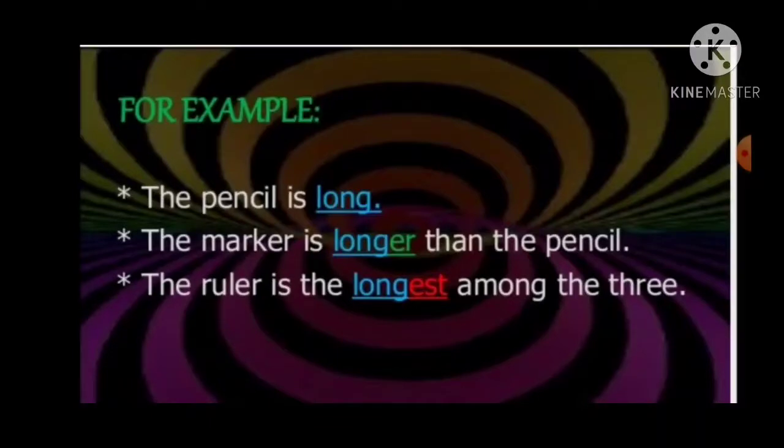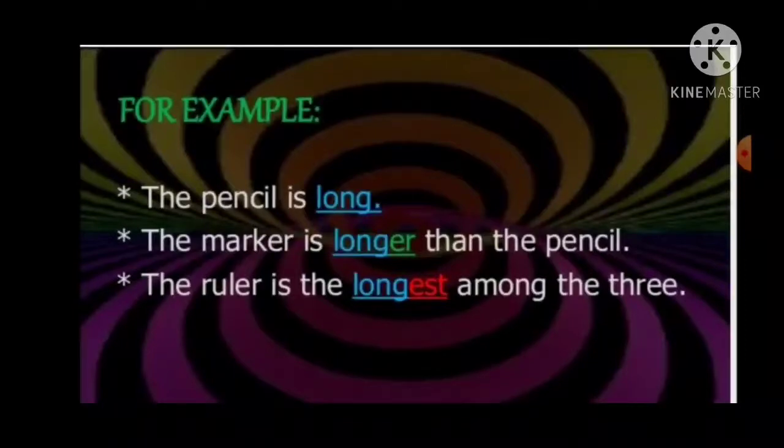For example, the pencil is long, the marker is longer than the pencil, the ruler is the longest among the three. See here, three sentences are being given here. The pencil is long, something is told or a description is given about the pencil. So it is not compared, the pencil is not compared with any other object here, and the pencil is not compared with another pencil also. So it is just a statement, something is said about the pencil is long, and the marker is longer than